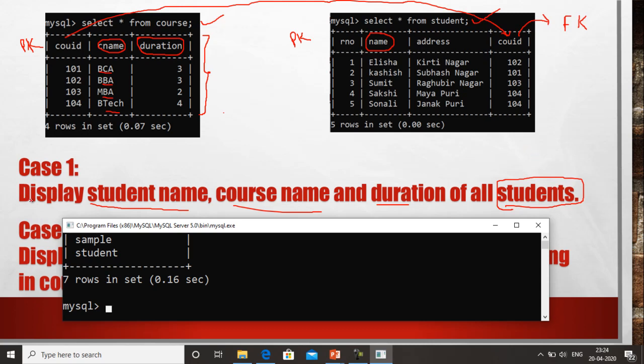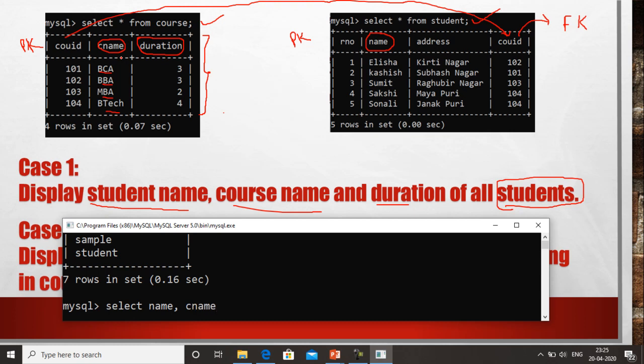Over here it is given that we have to display the record. So obviously we have to write the command select, okay. Now after select, what do I have to display? I have to display the name of the student. So the field which is used to store the name of the student is basically name. So I simply write name over here, comma, and then I have to show the course name, and the course name is given in the other table, that is course, and the field which is used for storing the course name is basically CNAME.